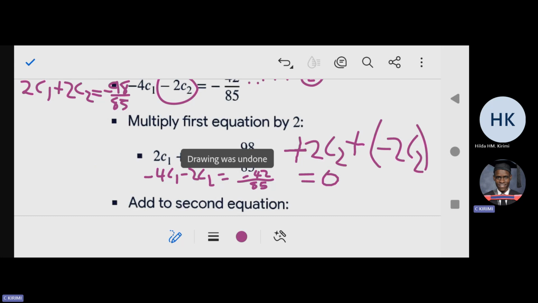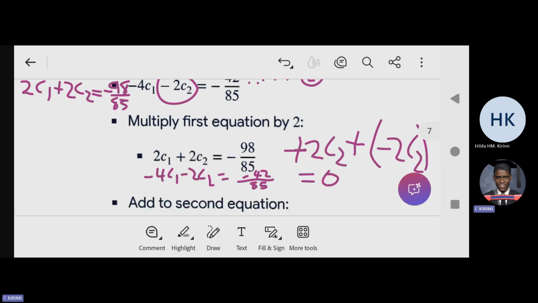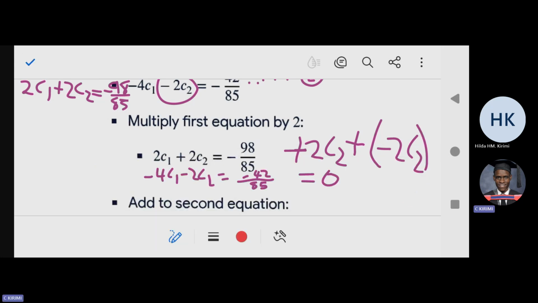So that we can solve for C1. That's why they said multiply the first one times 2. That was the idea, so that you can eliminate by subtraction the other one. So you eliminate by subtracting. So this is out, 0. So what you are left with now is just